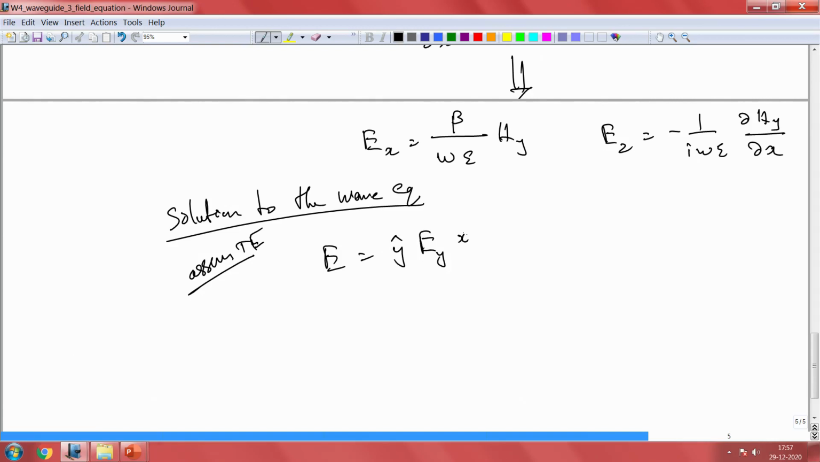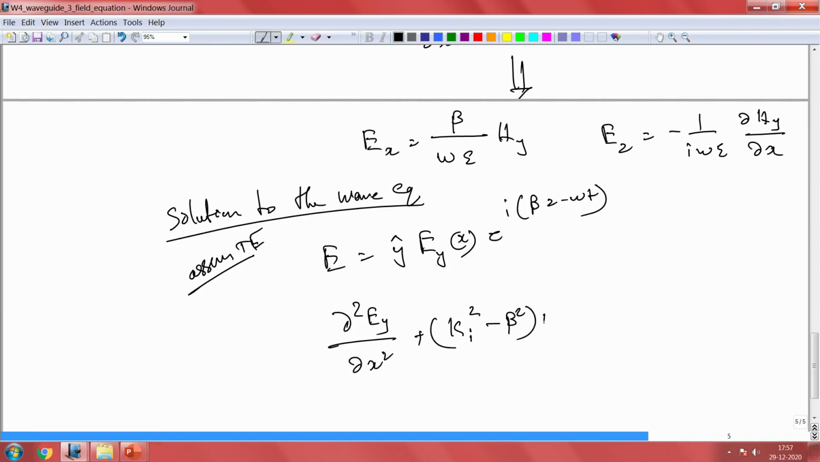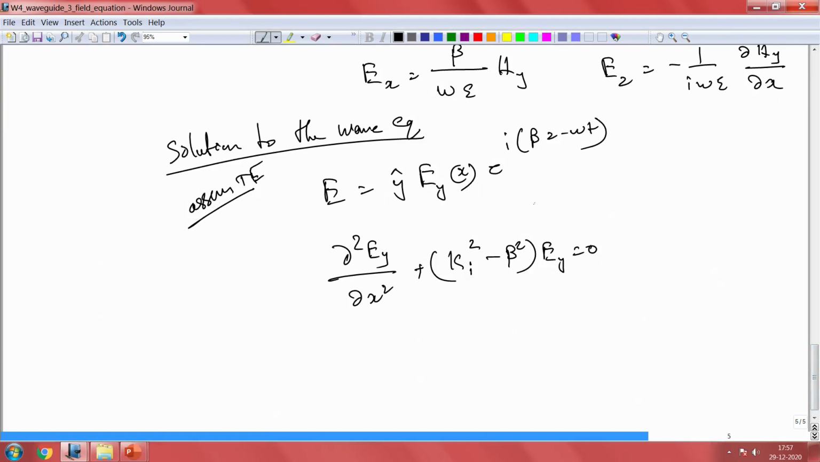Unit vector here, so the field is along x, e to the power i(beta z minus omega t). So this is a very simple form, right. So when you substitute this into our wave equation, what is the wave equation? Del squared Ey by del x squared plus (Ki squared minus beta squared) Ey equals 0. So we need to substitute this